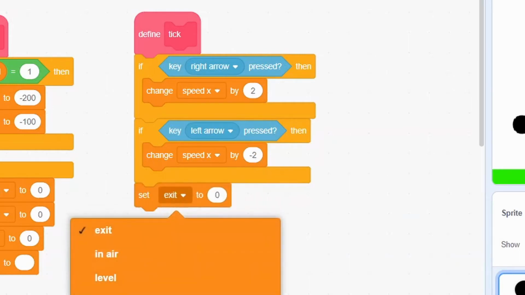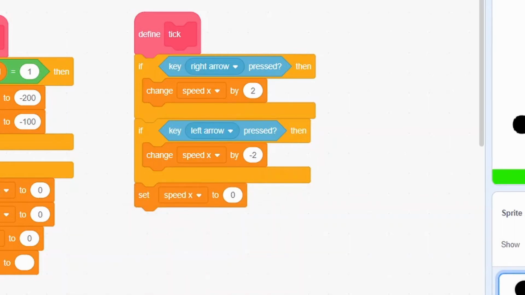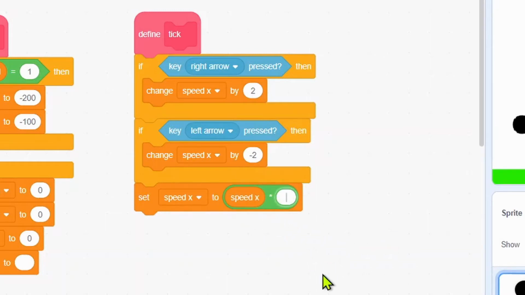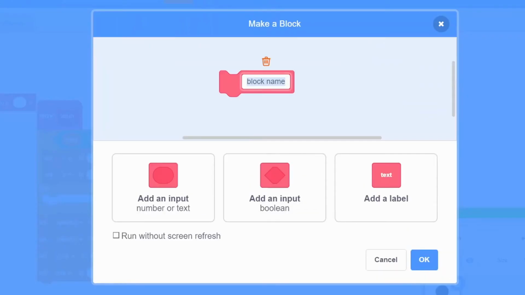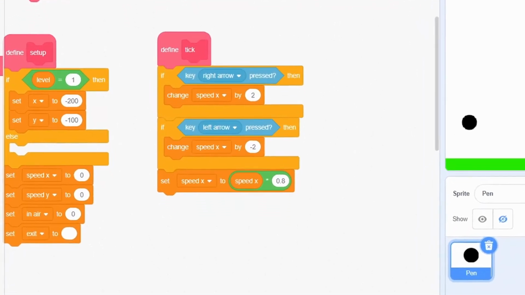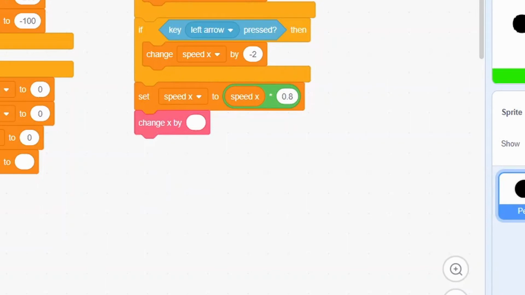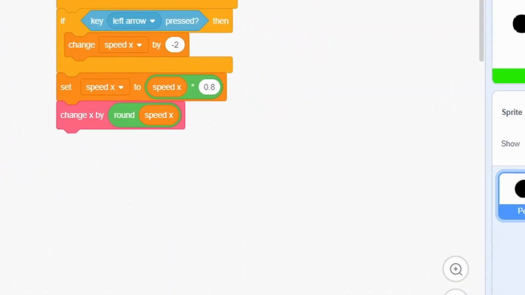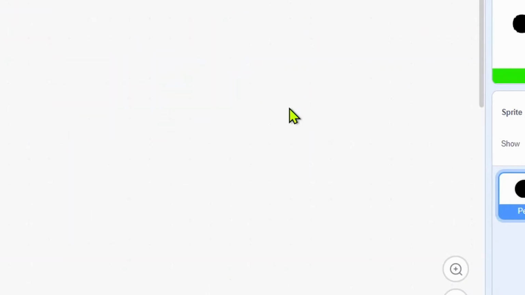And we'll set speed x to speed x times 0.8, and we'll make another block named change x by, with an input speed x. Don't run without screen refresh. I'll put it there. Change speed x by round speed x. Okay. And we'll continue this